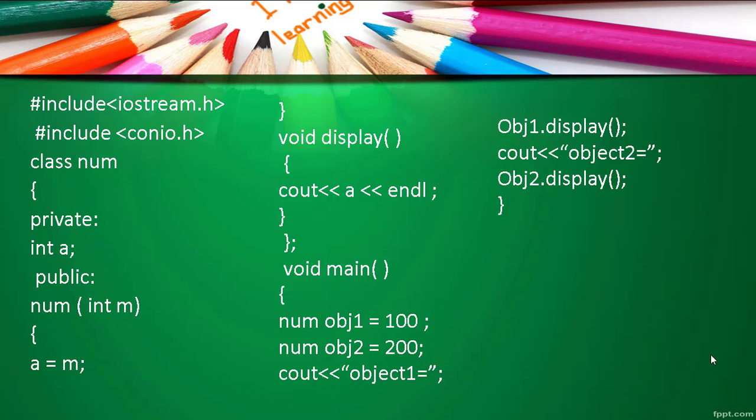Now coming to the second type of constructor, which we studied today: the parameterized constructor. A parameterized constructor is a constructor which will have one or more arguments. Again we have 3 ways of invoking a parameterized constructor. The first way is implicit call, the second way is explicit call, and the third is initialization at the time of declaration using an assignment operator, that is the equal sign. So these are the 3 ways in which we can invoke a parameterized constructor.